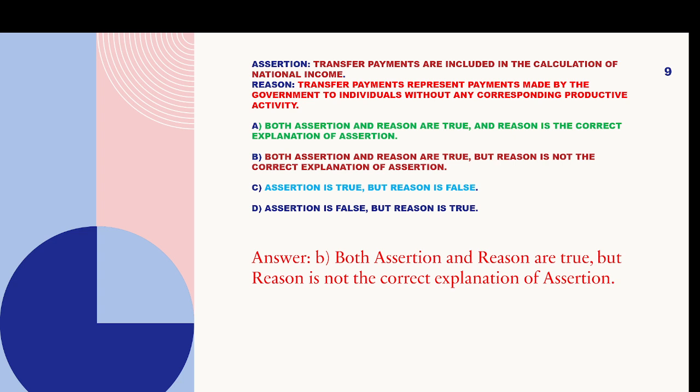Both assertion and reason are true, but reason is not the correct explanation of A. Transfers are included in the calculation of national income. No, this is a wrong answer given here. So this is right: transfer payments are not included. Okay. So please check. This is the right answer. True. First one, transfer payments are not a part of national income. Think over it. And the second one is right. The assertion is false, reason is true. Now next is